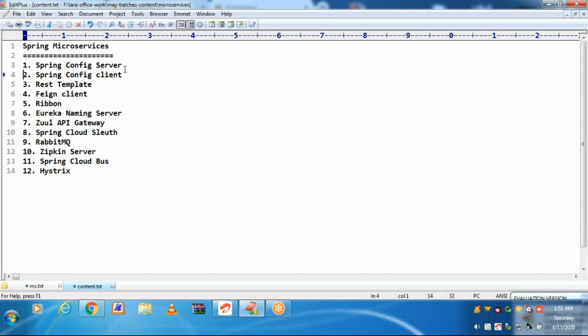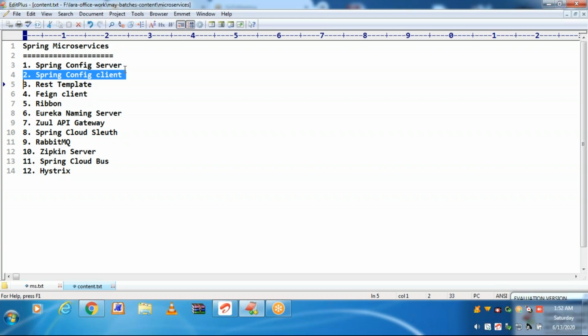Then move to the second one, config client. If any microservice is required to read the properties from the Git repo, then that microservice should be a client to config server. Through config server, it can go to the Git repo to read the properties file content.